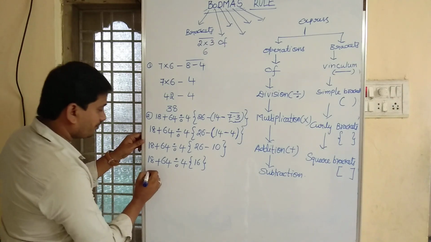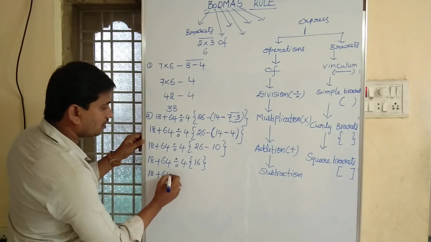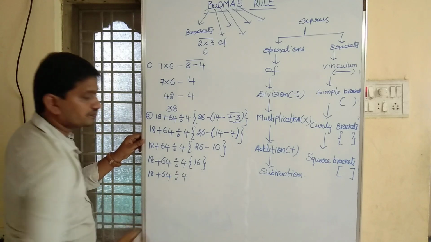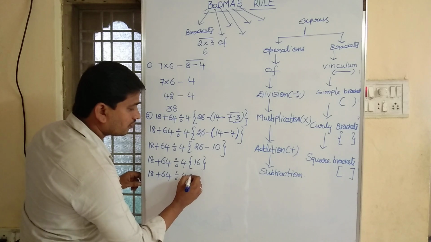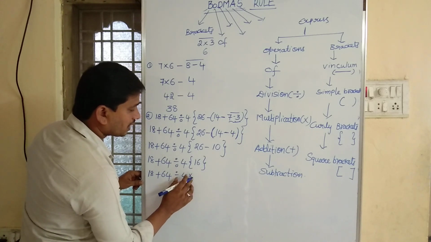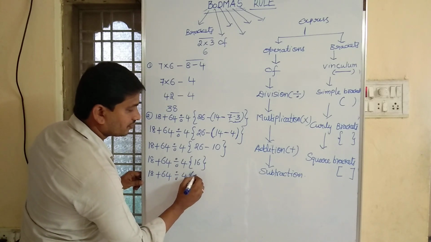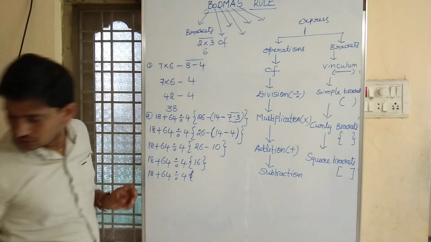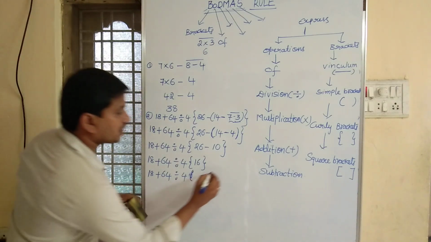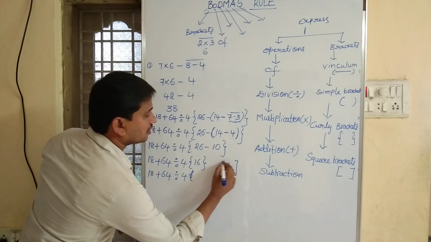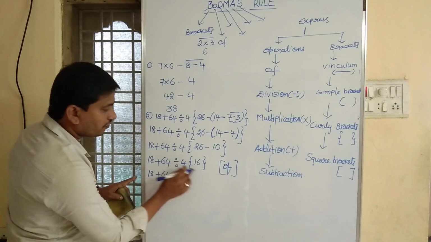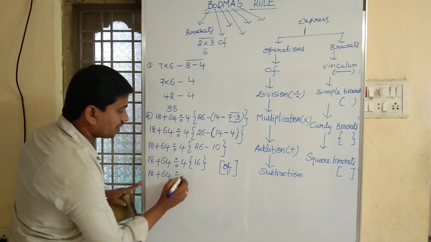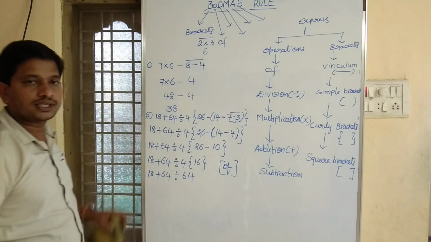Right? Now 18 plus 64 divided by 4. So let us remove the bracket. So it becomes 4 of 16. So what is 4 into 16? Here we are using the operation of, children. So priority goes to of. Priority goes to 4 of 16. 4 into 16, 16 4s are 64.